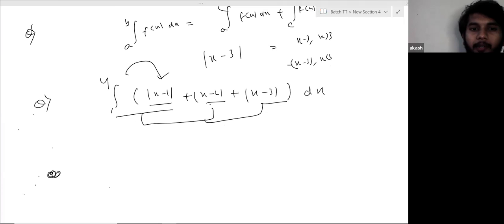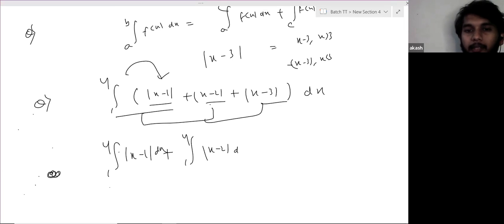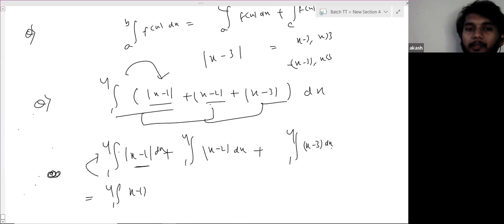This is integration 1 to 4 mod x minus 1 dx, integration 1 to 4 mod x minus 2 dx, integration 1 to 4 x minus 3 mod dx. So this will be breaking at 1. So 1 to 4 means x is always more than 1. So we can open it like this only, x minus 1 dx plus. This will break on 2. So 1 to 2, this will be negative